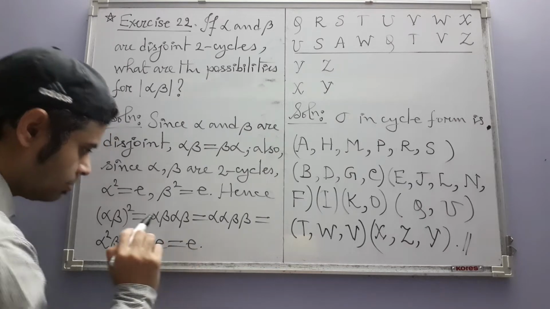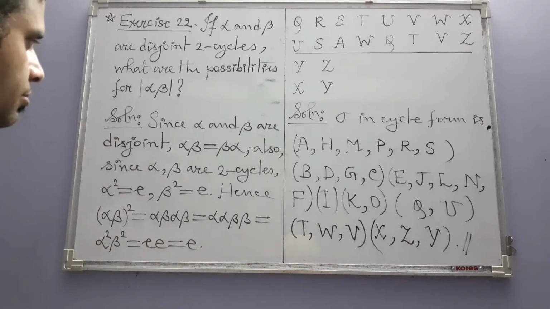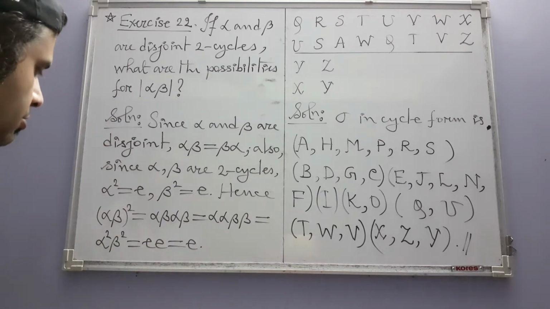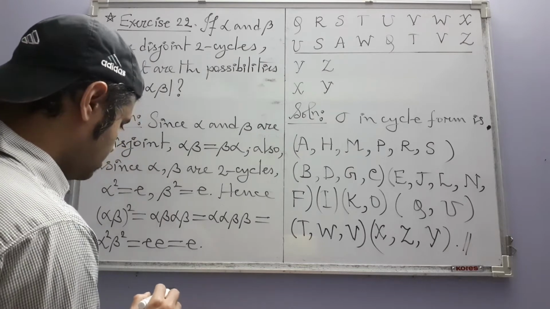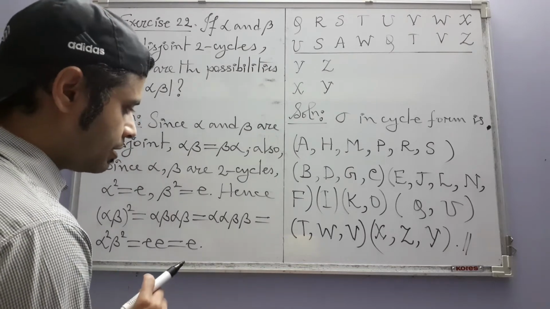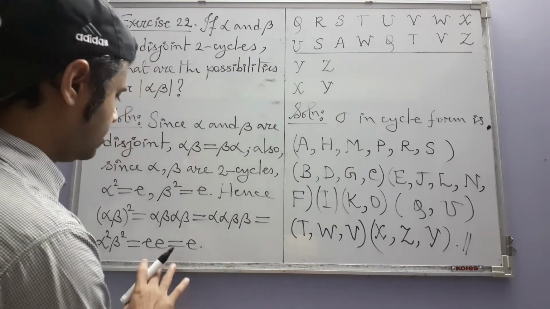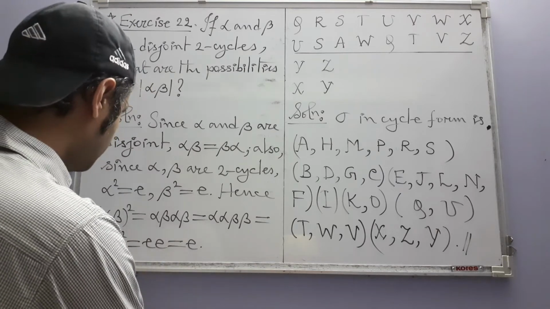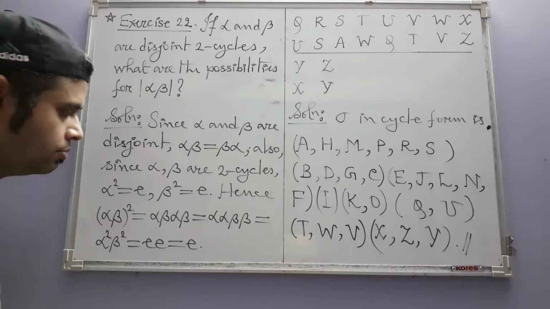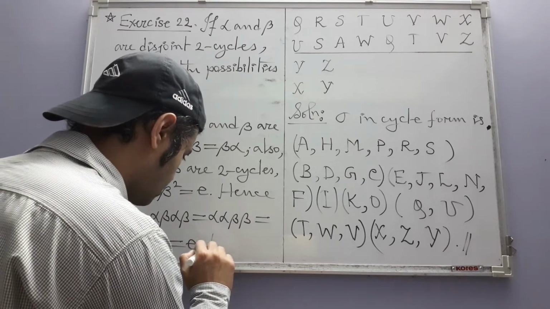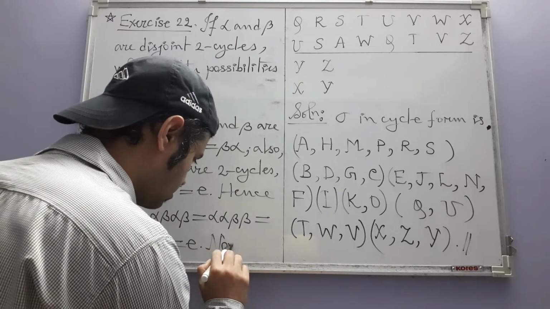This is equal to identity. So the square of alpha beta is identity. Now if alpha beta itself is not identity, then that will prove that the order of alpha beta is equal to 2. So now suppose